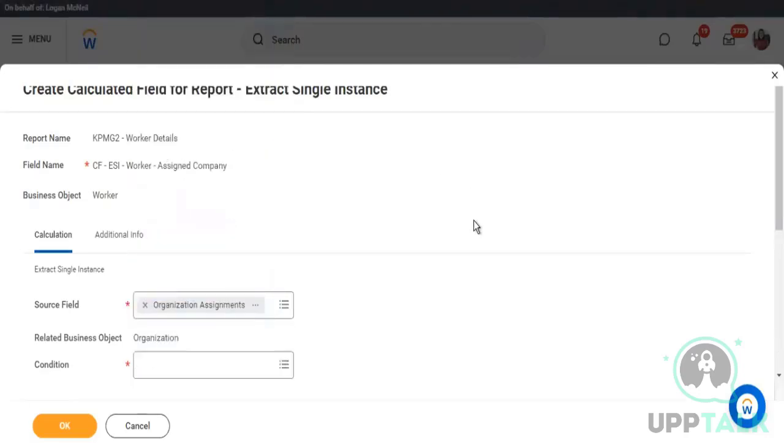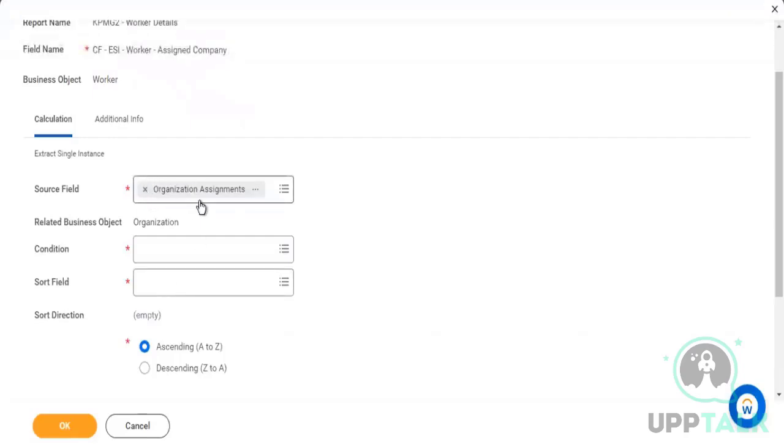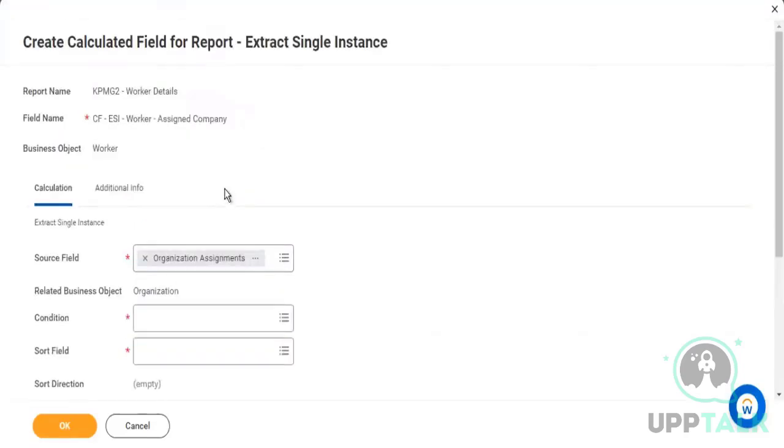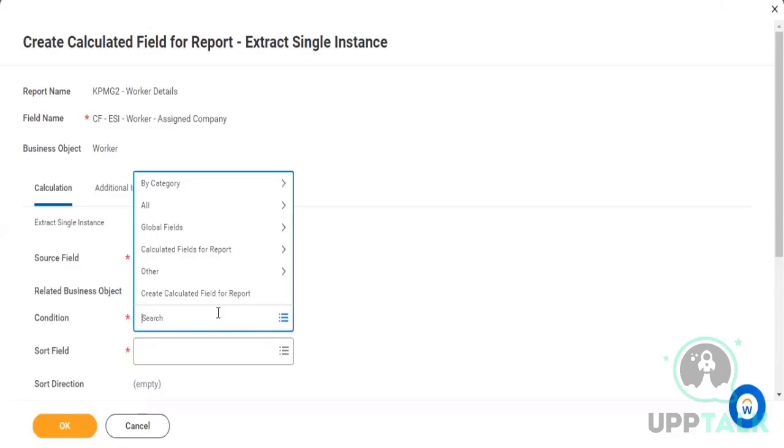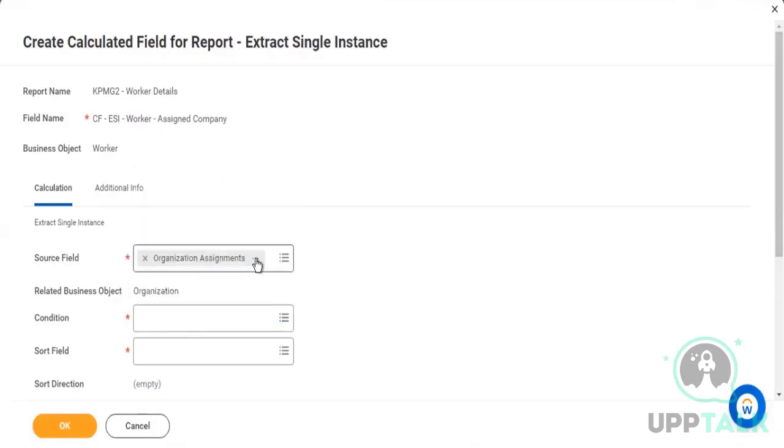Right? The same logic. So out of all these instances, we want to identify a single instance. Right? And how would we do that? Based on the condition. Now, when we created our EMI, we took an available condition, right? This time we'll create a condition for ourselves. Now we know that a condition is a field of type Boolean, true and false, right? What I'll do is I would